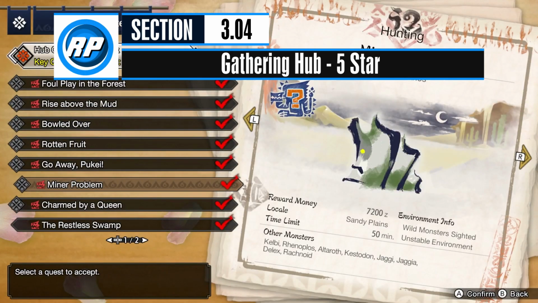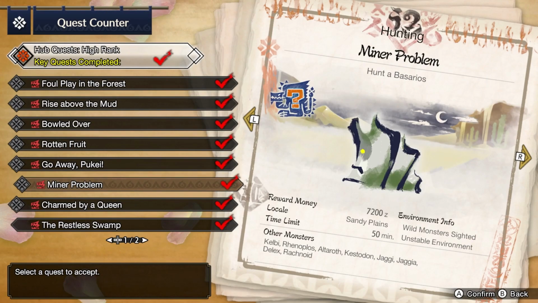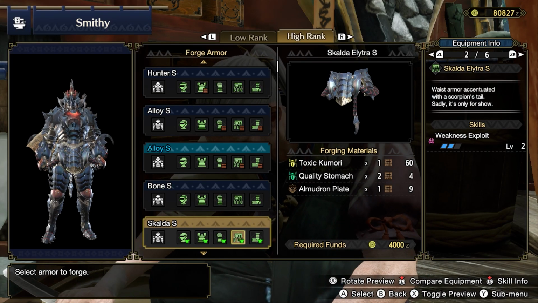You'll get a standard veto at this rank, and unsurprisingly, just like in low rank, it's Basarios. Skip the key quest, minor problem. You can always come back to Basarios later if you need materials for certain decorations or upgrades. Now that you're situated with high rank equipment, you may want to consider going back to the village 6-star to